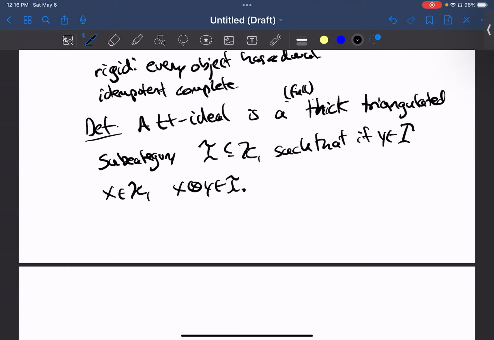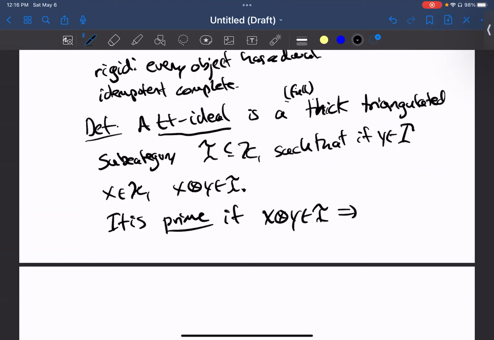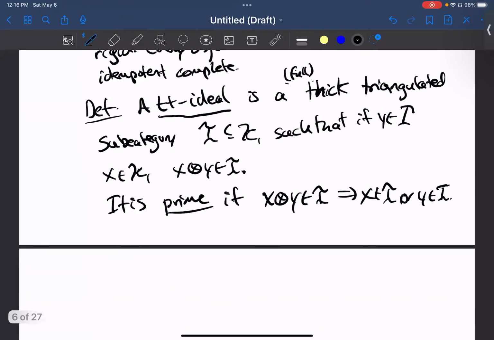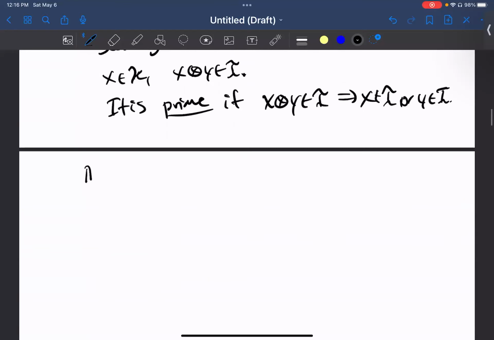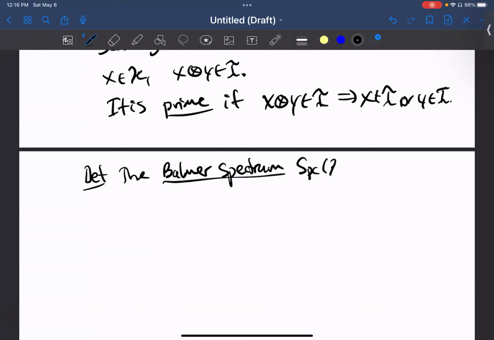And in particular, it is prime if X tensor Y is an element of I implies that one of them is in I. So exactly the condition you would expect. Now we can define the Balmer spectrum, Spc of K, is the set of prime ideals P,